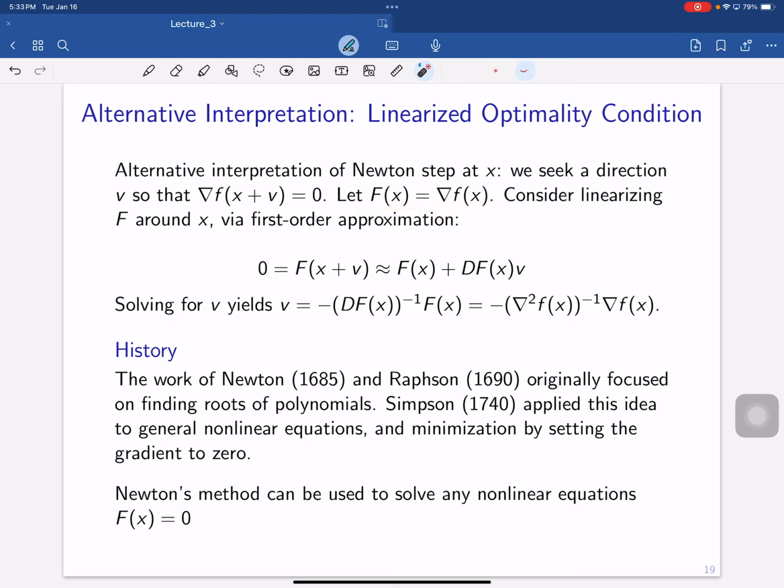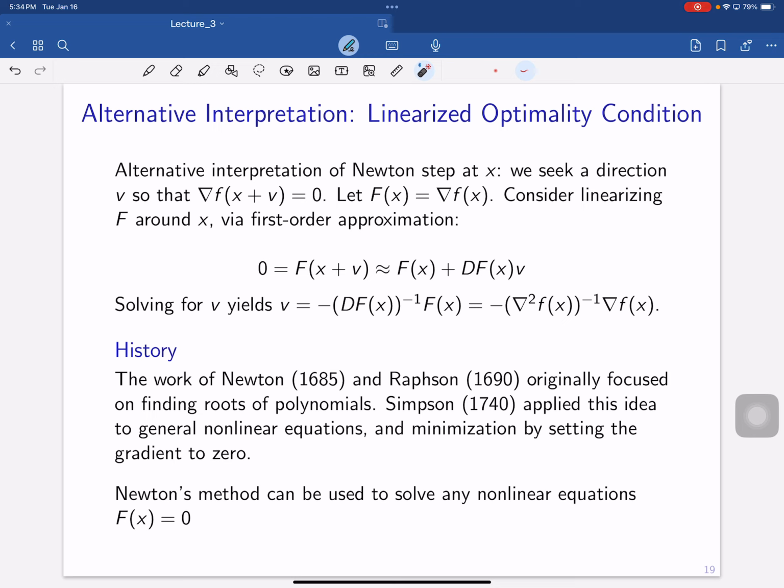But for a generic nonlinear function, it's very hard to find the roots. Maybe for some functions like quadratic functions, you do know how to find the roots, but for generic functions, we do not know how. So there are some numerical methods developed by Newton in the 17th century. It's a very old method. So the idea to find the roots of this function F(x) is you do a first order expansion